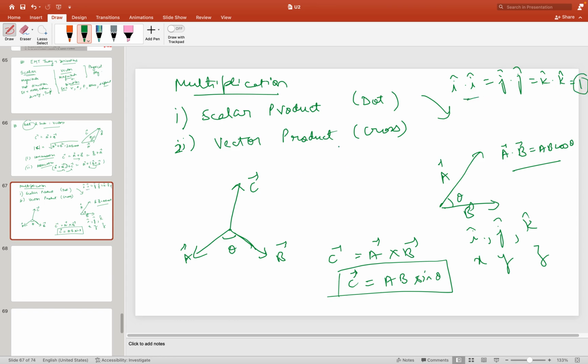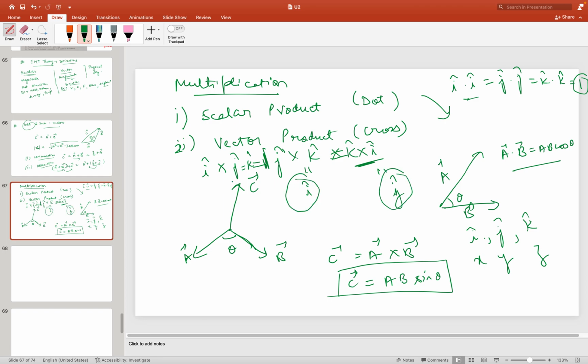So it is 1. Again, for vector product, i cross j cap is equal to k cap, j cap cross k cap is equal to i cap, and k cap cross i cap will be equal to j cap. This is how we get the third vector which is perpendicular to